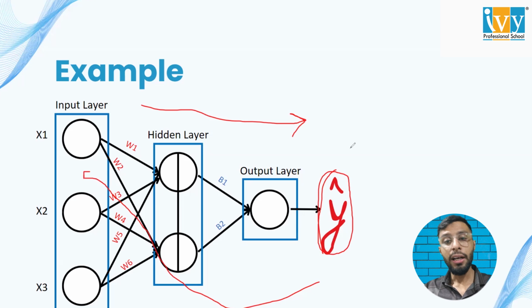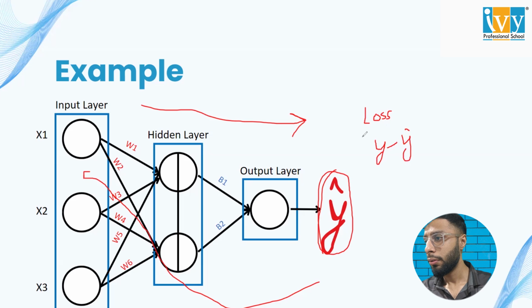Okay, now what we are trying to identify, we are trying to identify by using a loss function. Okay, now what is the loss function? You can say the output you are getting from forward propagation is also used in the loss function. Basically, what we are trying to find is the actual output minus y hat, the actual minus predicted, whole square. That is what I need to find out. Okay, now once I perform these calculations,